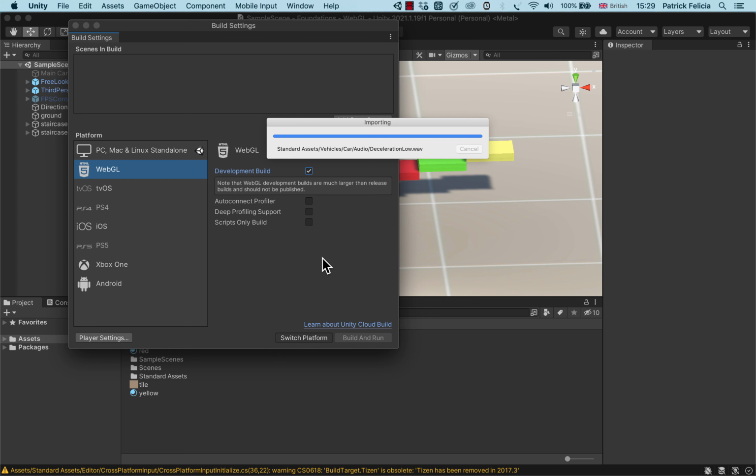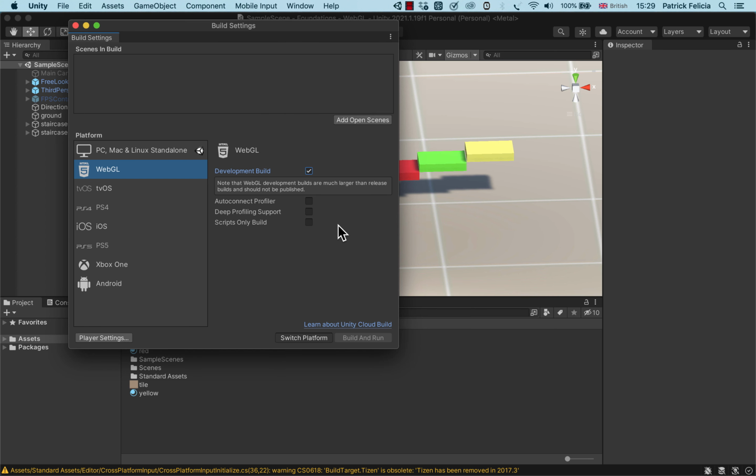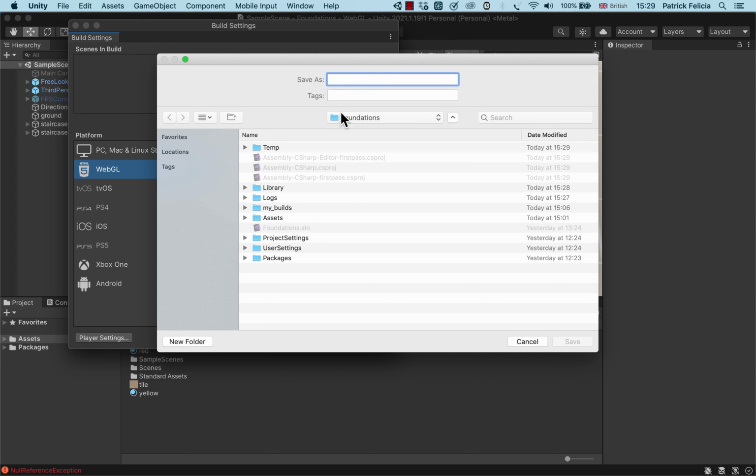So it's going to take a few seconds. I'm going to wait a small bit and then show you how you can actually build and run. So once this is done, you can build and run. Again, it should ask me for a folder. So now basically the folder that I'm going to create,